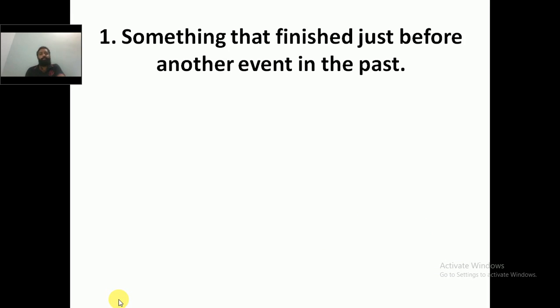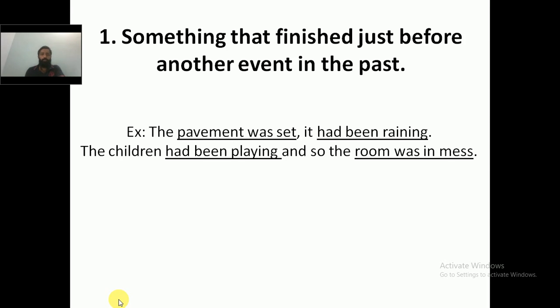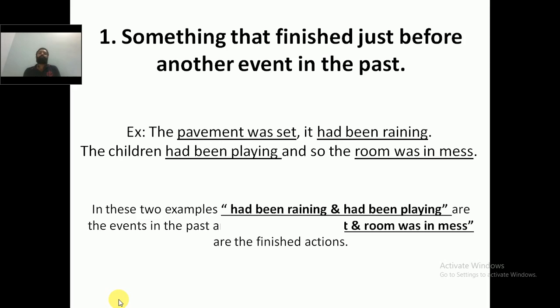Something that finished just before another event in the past. Go through once again. Something that finished just before another event in the past. What does it mean? Let's go through an example now. The pavement was wet, it had been raining. The children had been playing and so the room was in